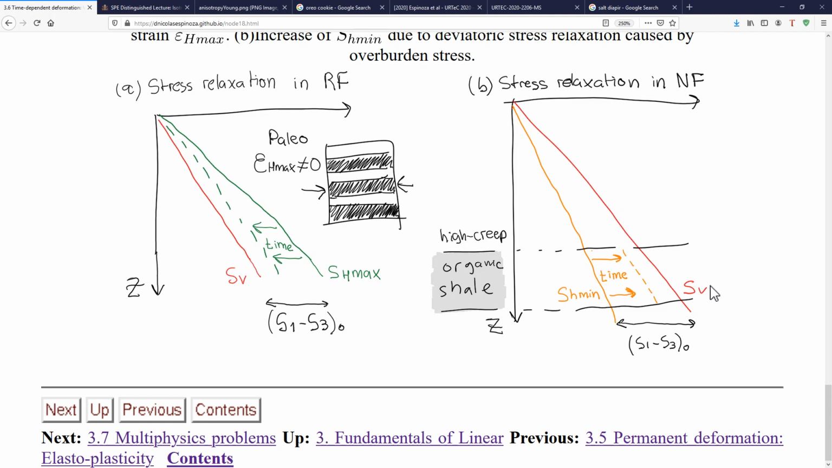So, as a summary, remember that stresses do change with time. And sometimes they may change over the time of a few hours, like in salts, which are very creepy rocks, or may take sometimes thousands or millions of years in the case of other less creepy rocks. Okay,